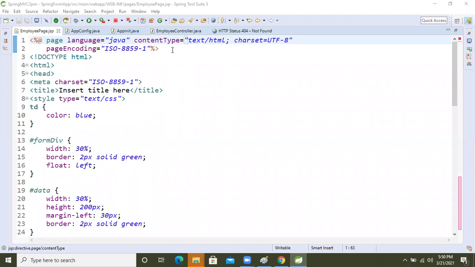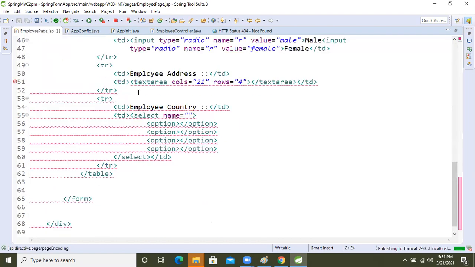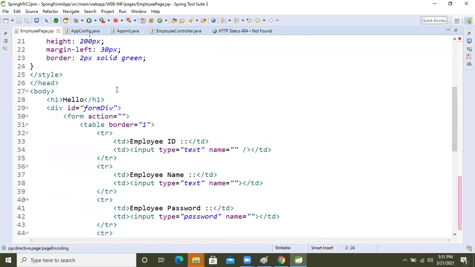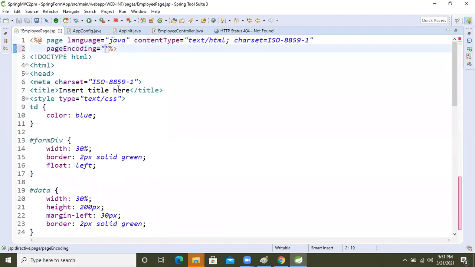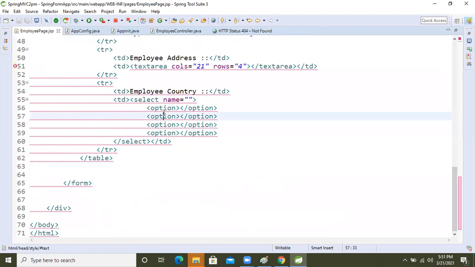Where I have set it. Okay, leave it, leave it.